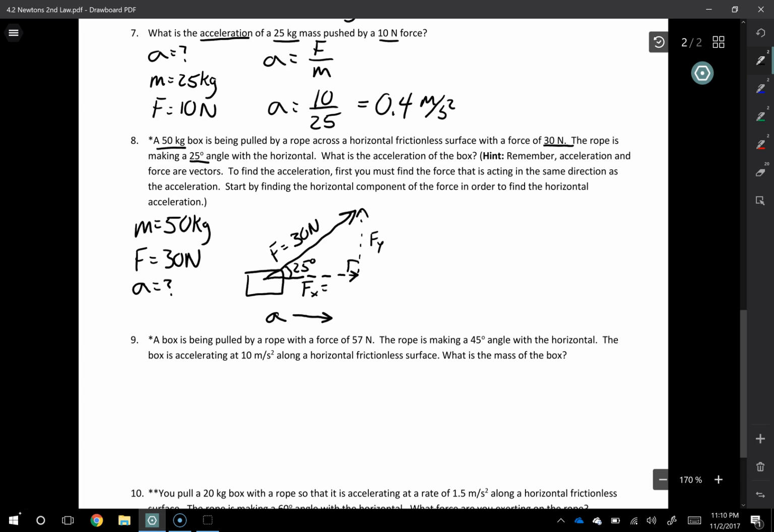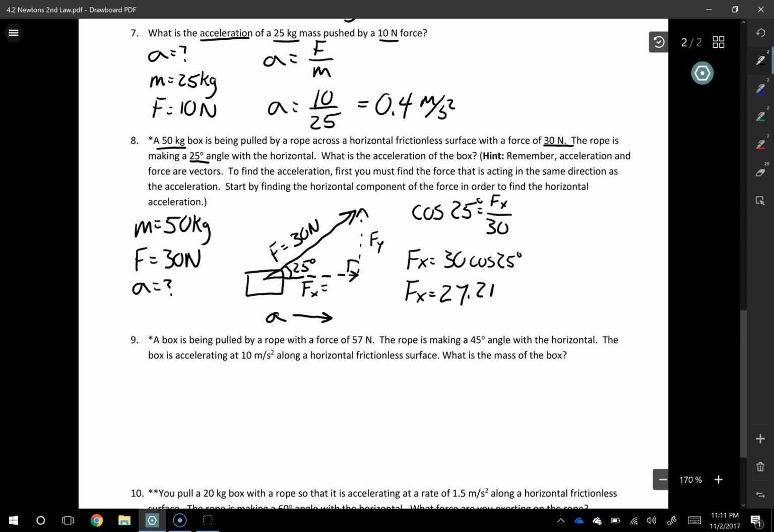So if we have adjacent and hypotenuse, we're going to have to use cosine. Now you could use the shortcut. You're going to do 30 times cosine 25. If you forget that, just remember cosine of 25 is equal to the adjacent over the hypotenuse. Now you cross multiply and you get Fx is equal to 30 times cosine 25 degrees. You plug this in your calculator. Make sure that your calculator is in degree mode, and you should get